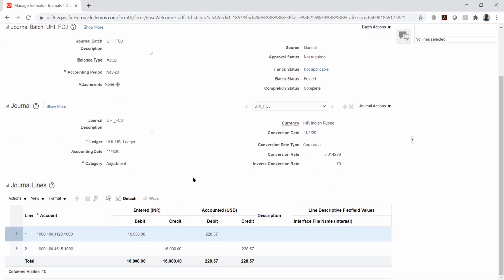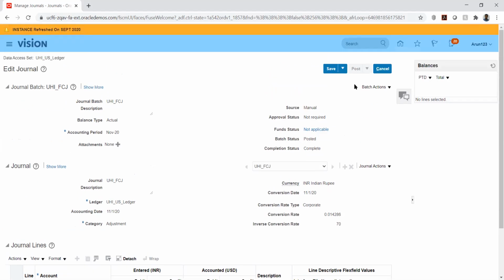So this is accounted with the actual functional currency. We will try to see this in the trial balance.